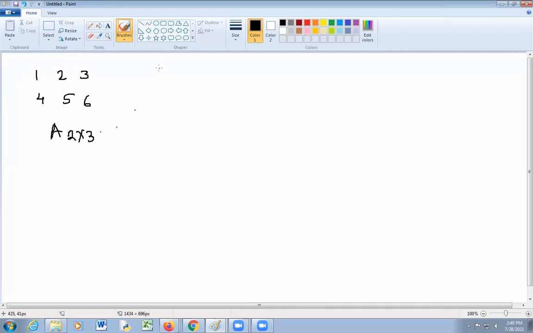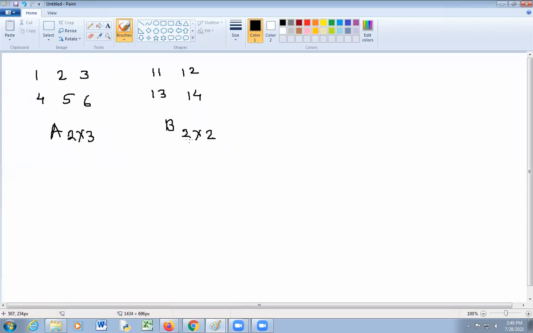Here matrix B is, suppose, 11 12 13 14. So this is a 2 by 2 matrix. Then is there any multiplication between these two matrices? No.